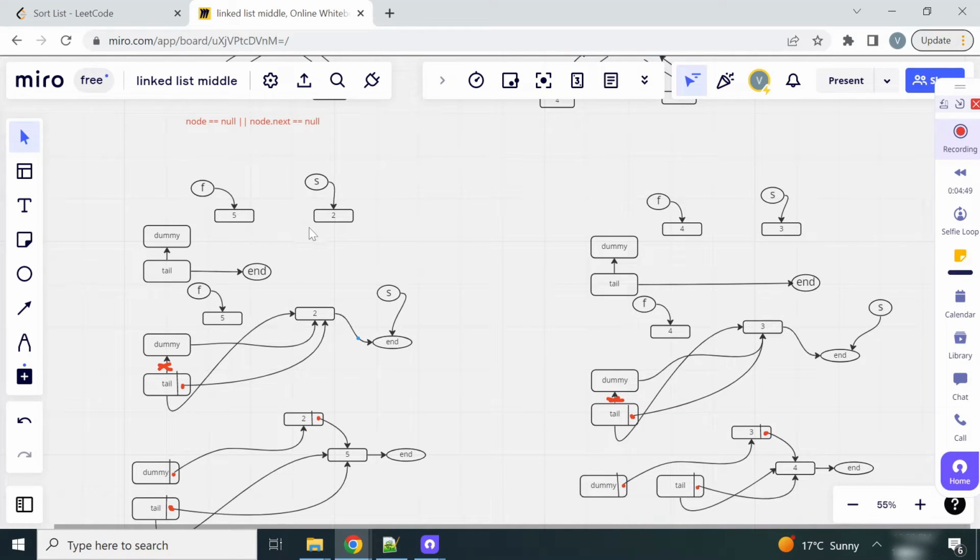Now we will compare 5 and 2. As 2 is smaller than 5, we will change our tail.next to 2, the smallest element. As soon as we do tail.next to 2, the dummy.next will also get changed to 2. Now we have to break this link from tail to dummy, so we will assign tail